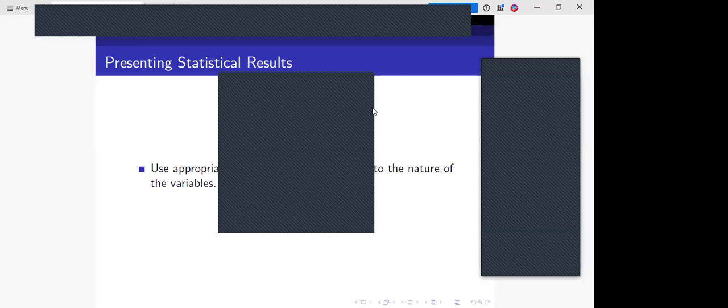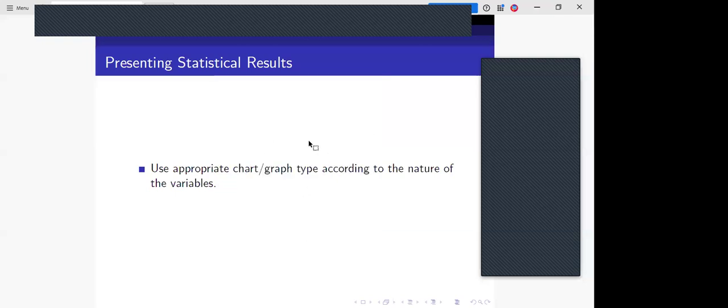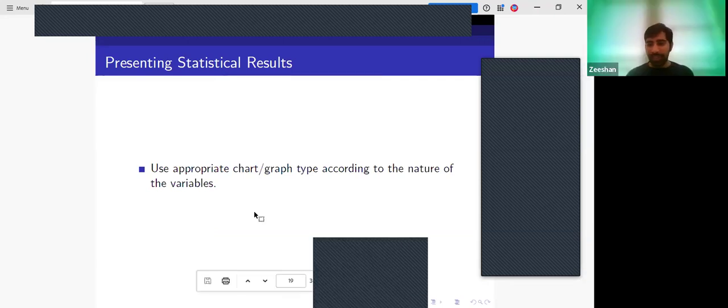Dr. Zishan, I'm sorry to interrupt you, but there is a box that's appearing on your slide and we cannot see the graph. No, sorry, there's no graph. Now, is it okay? Yeah, now it's fine. Now we can read the text. Thank you so much. Okay, so I was saying